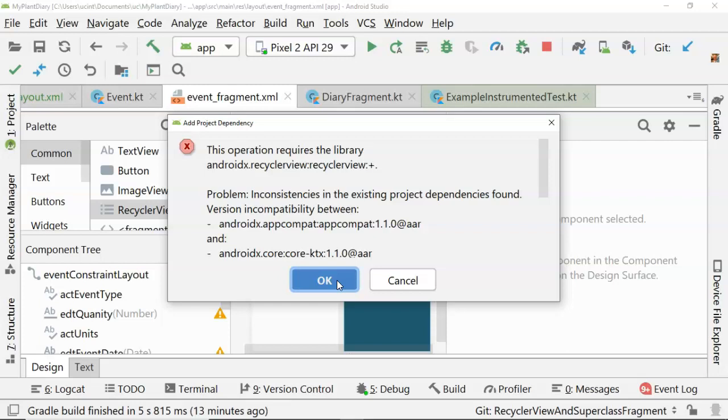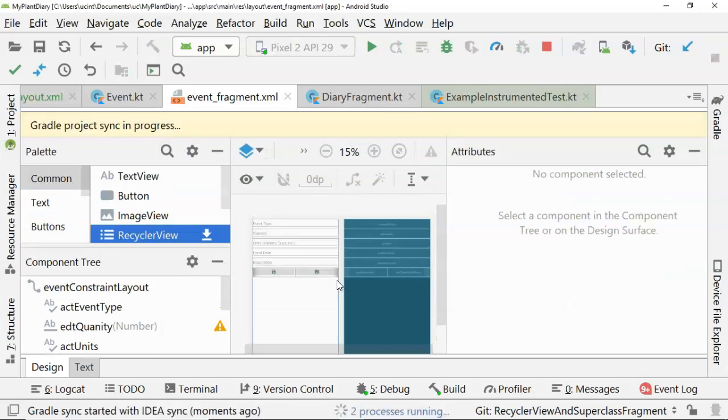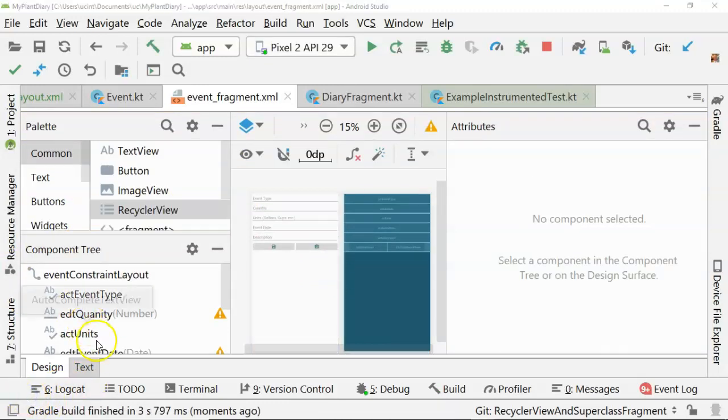Pause and take a look at this just in case you run into conflicts with your own project, but that's one of the tricks with Android, is that a lot of these libraries have dependencies on others. So it's going to download the library and then rebuild Gradle. So far things look good because it says the Gradle build finished, so I'm going to grab the recycler view